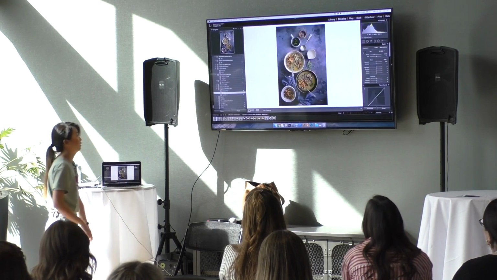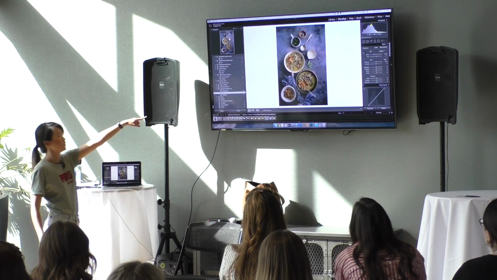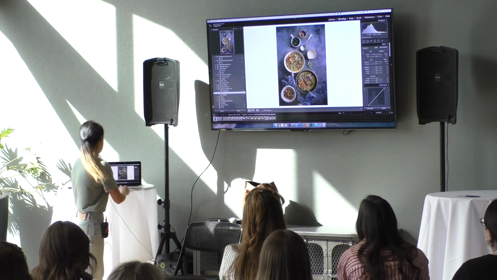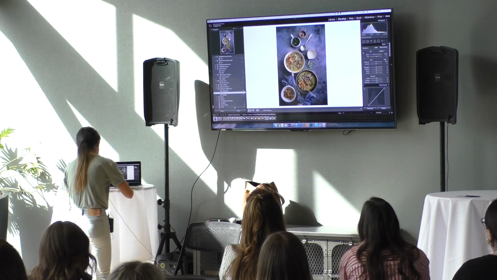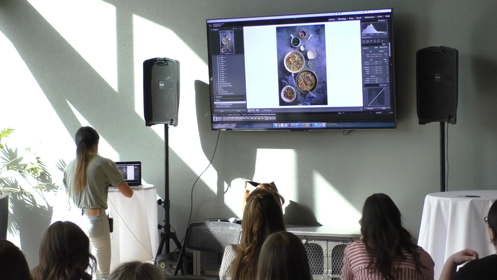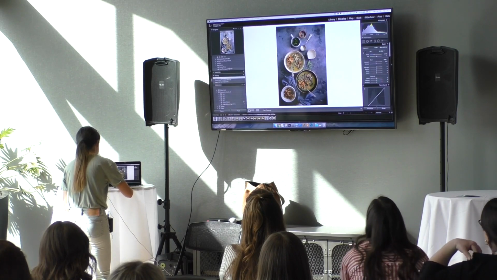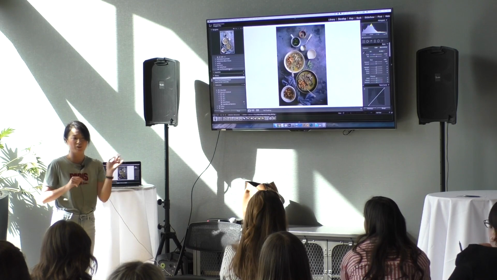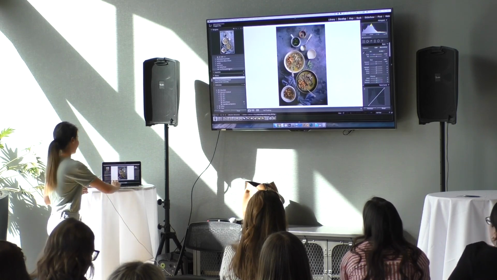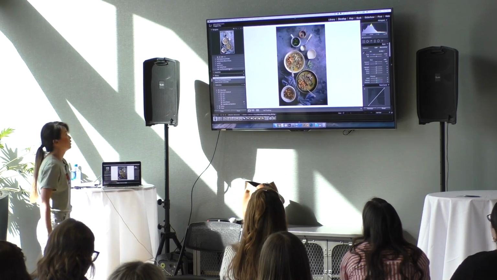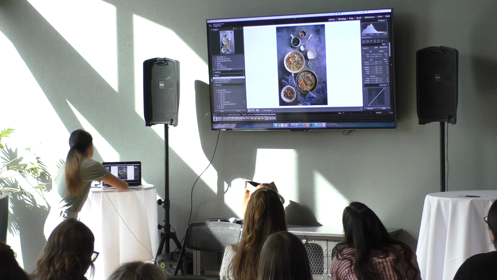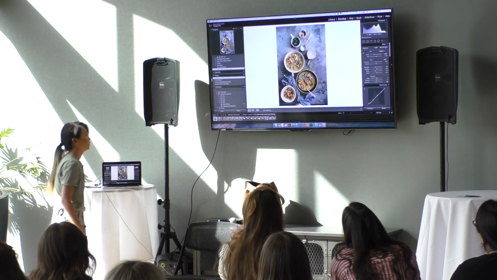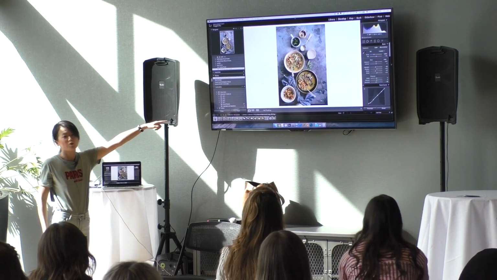Say I have the mushroom soup. This is the original raw file. This is flat and it's just not pretty. So if you have a preset, what I did, my preset is Visco A6 plus a little bit of tweaking by myself. If I click on my preset, it immediately just looks better now.